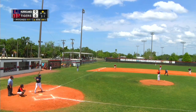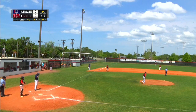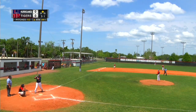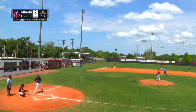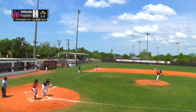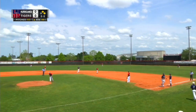He checks the runner. And from the stretch, the pitch, and another fastball on the outside. Channing Young not having any of that pitch, showing nice discipline because that was one that could easily have been chased after, and that's going to run the count to 3 balls and 2 strikes on Mr. Young, Channing Young. And from the stretch, a curveball. It's going to hit just off the plate, and that's going to advance Channing Young to first base on a base on balls. So with 2 outs here in the 4th inning,